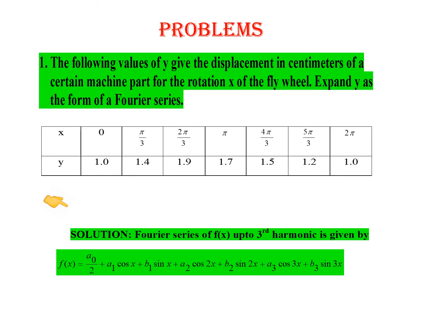You can only find separate terms like a1, a2, etc. And you may have a doubt about till which term we need to find, because maximum only 3 harmonics can be done in the examination. After that, the fourth and beyond will be very difficult and time consuming. So if they do not mention up to which harmonic we have to do, you can always do till 3 harmonics. Otherwise, if they have mentioned till second harmonic, you can stop at the second harmonic. And this is the formula till third harmonic that we have written.